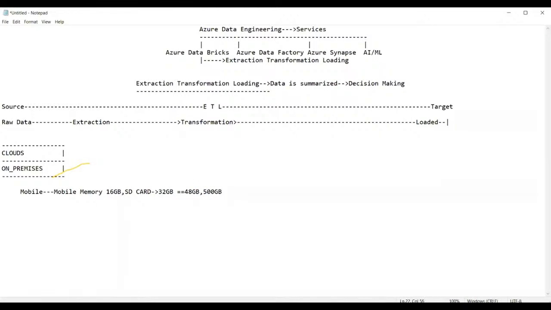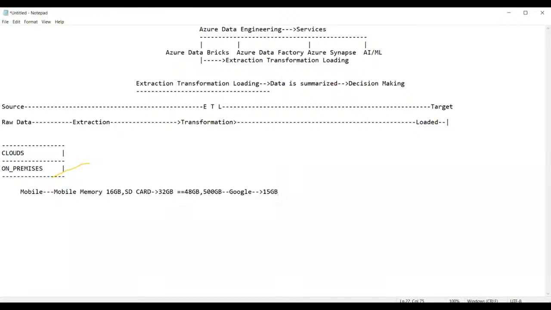Now tell me, how do you store this 500 GB? You have already utilized the 32 GB and the 16 GB. You have to store 500 GB more. So now tell me, guys, what is the way you adopt? Just think generally, because we do this kind of job on a daily basis. OneDrive or Google Drive. Very good. So that means you will take the support of Google Drive. Am I right? But the problem is that Google also provides you by default only 15 GB of memory. Am I right?